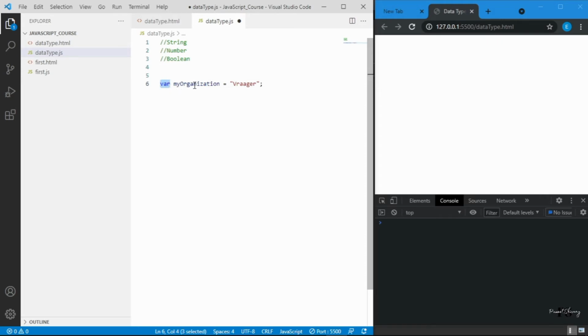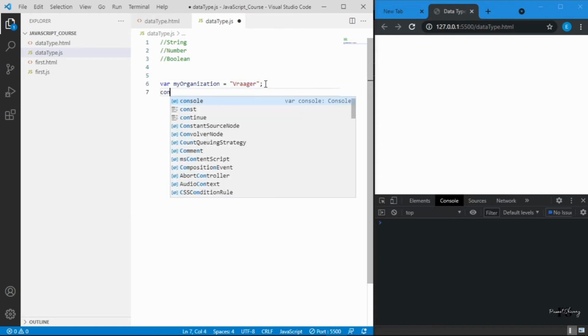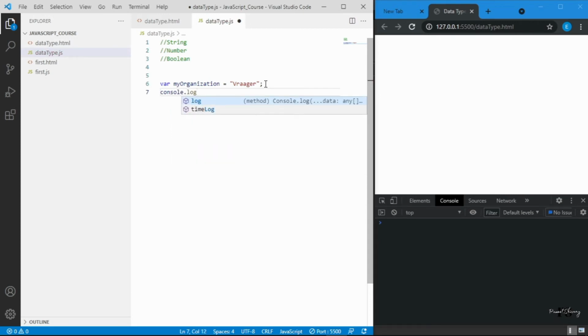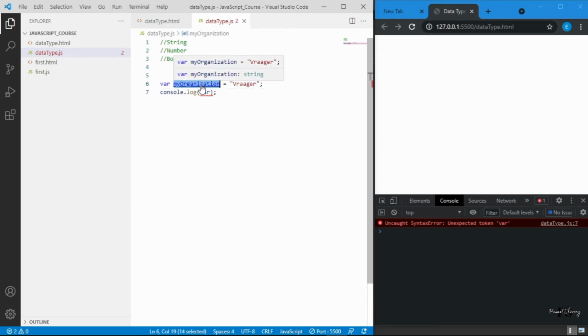We declared a variable named my organization, and the value we initialized in that variable is Bragger, which is in the form of a string. Now let me console dot log. What I want to print here is the value of the variable. Sorry, the name of our variable is my organization. Let me do that.